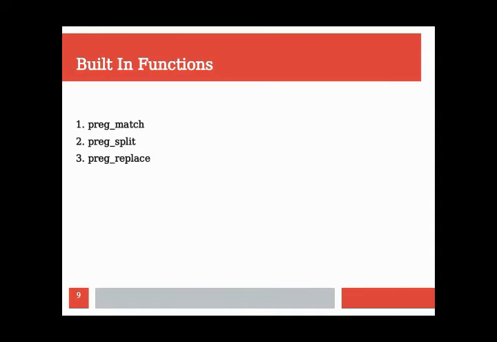Then next is built-in functions. So we'll see the function for matching. Here the preg_match function is used for matching, comparing a regular expression with a string, and if it matches, the comparison is true. The preg_match function will stop once it finds a single match. Its arguments are pattern, comma, a string, and a $match variable to store the first match found. The syntax is preg_match in brackets pattern, comma, string, and the optional, in square brackets, comma, $match.